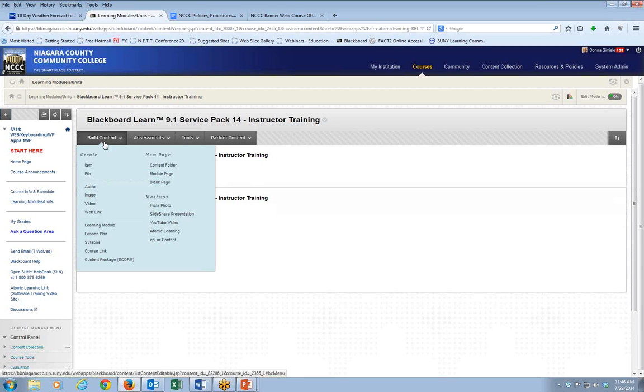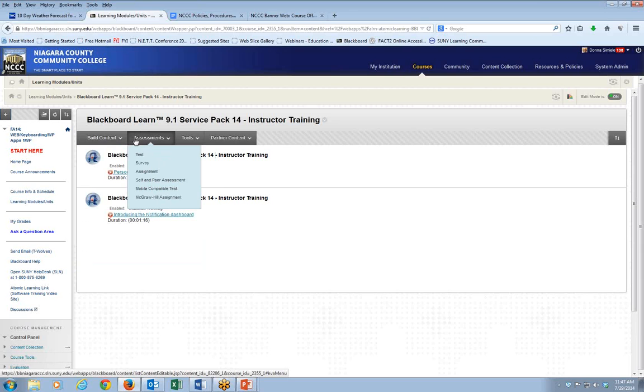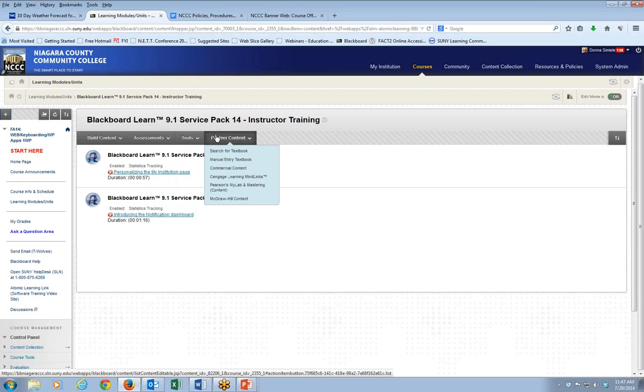Okay, so at this point, those are the main things of building content within your course. In our second part, we're going to talk about going in and building other things that might be more useful for online faculty, like assessments like tests and surveys and self-peer assessments, and talk about the difference between the mobile compatible tests,